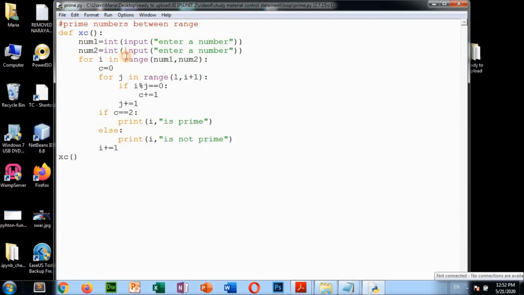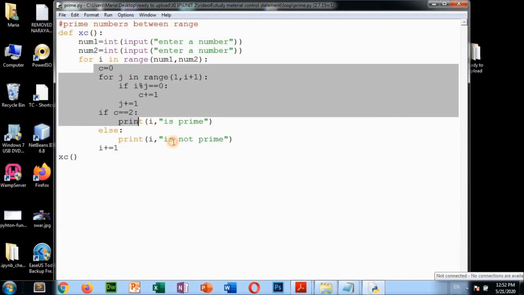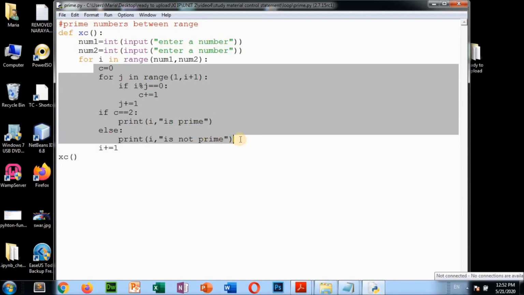Okay, so here the range you are giving num1 to num2, and again c is equal to 0, that count we have taken there. And this part, the same thing we have done in prime to check whether a given number is prime or not.